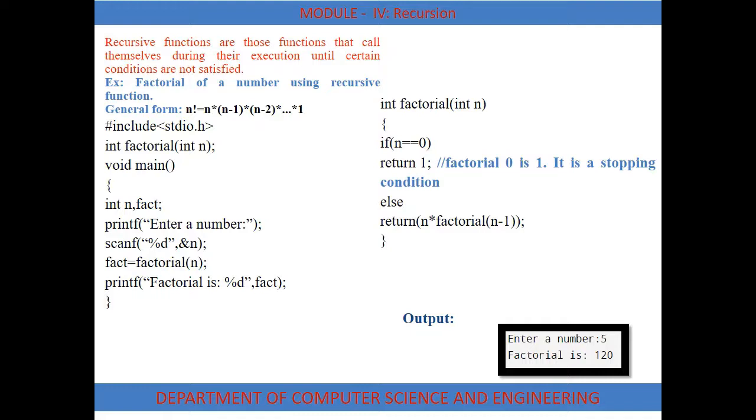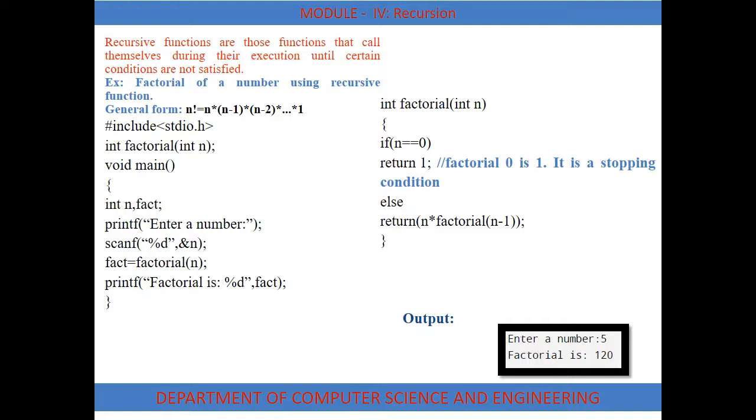Now the statement is return 5 into return 4 into return 3 into return 2 into 1 into 1. That is 2 into 1 is 2. Now write all the returned values. So finally you will get return 5 into return 4 into 6, that is 24. That is finally return 5 into 24, totally 120. Return 120. Now this is the value we are getting from the function.